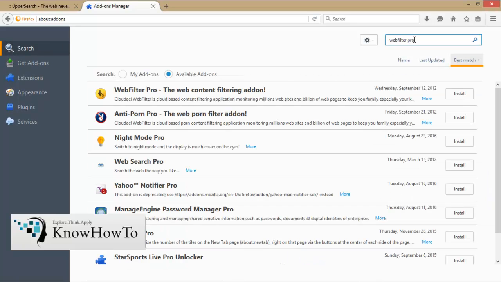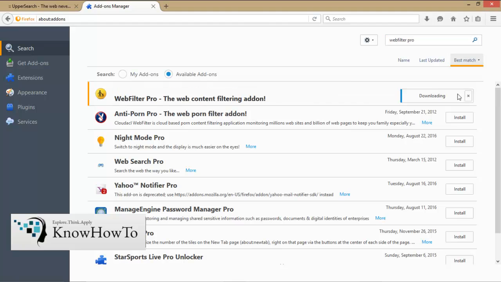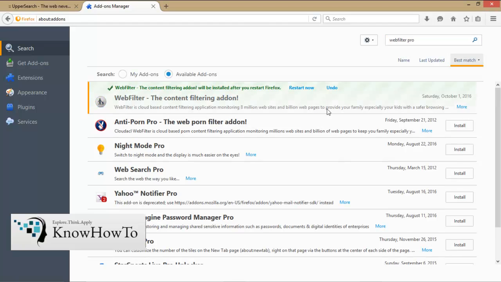So after searching, as you can see, I got this option Wave Filter Pro, the content filtering add-on. So I need to click on the install button, and now downloading has been completed, and Wave Filter, the content filtering add-on, will be installed after you restart Firefox. So I need to restart Firefox once, and this add-on will automatically be installed on my machine.